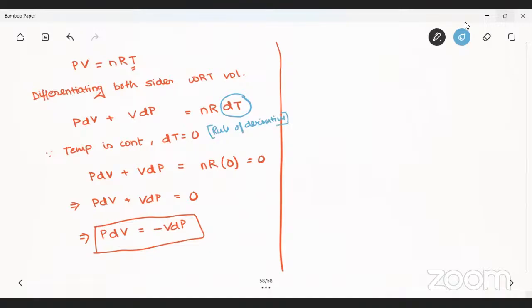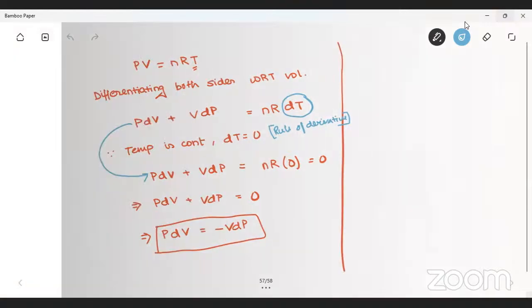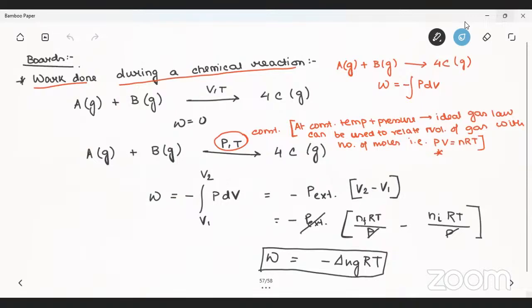So I have written the same equation: nR into 0, which is 0. PdV plus VdP is 0. So we have got this till now. Now is it clear? Yes or no? Yes, ma'am. Good. Now, this is the general formula for work done. Work done is minus integration PdV. Okay. Now,